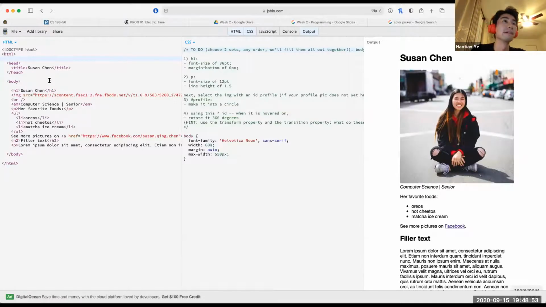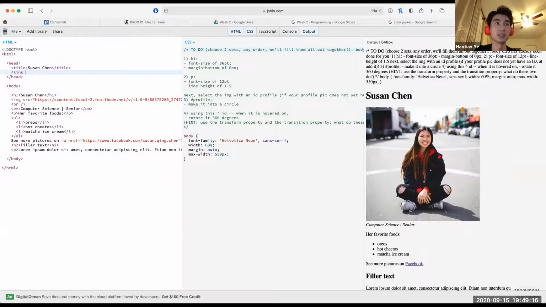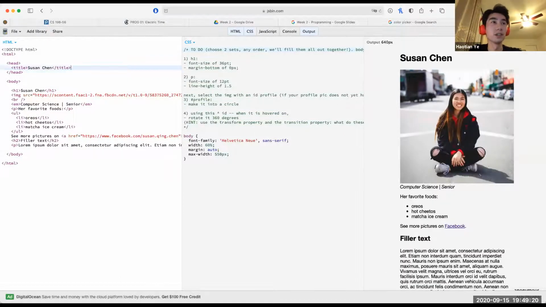Okay, cool. So here we have a JS Bin. JS Bin is just an online text editor that automatically compiles and renders HTML and CSS code for you in this output section. So any changes you make will automatically be added. The cool thing about this is that I don't need to specifically use the link tag here, because this is a feature of this website. So I won't go into that, but cool.